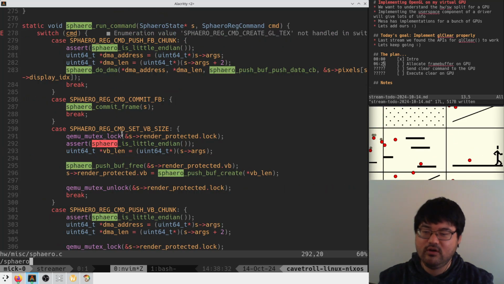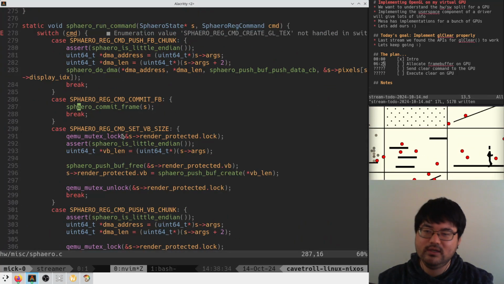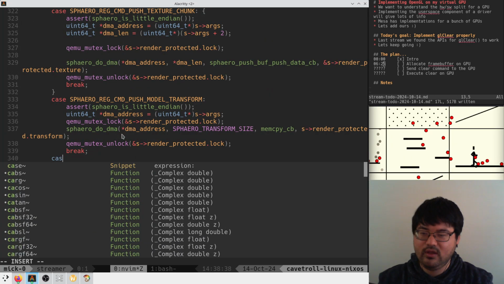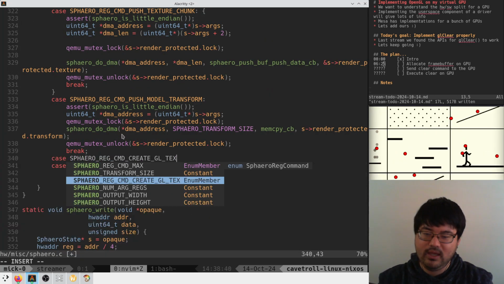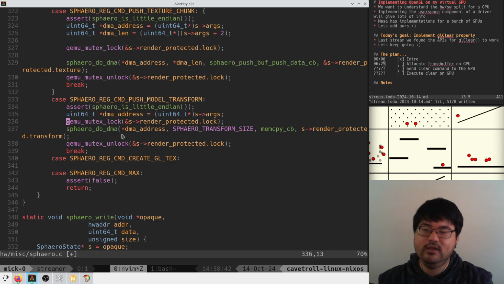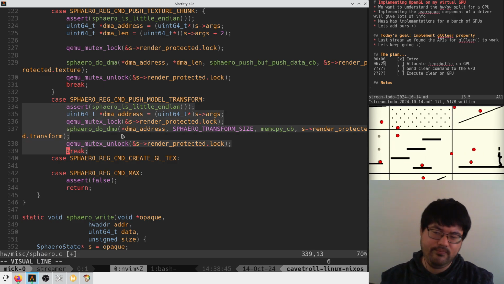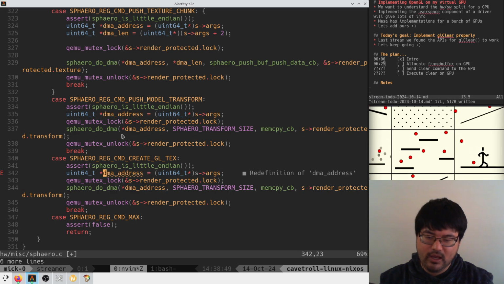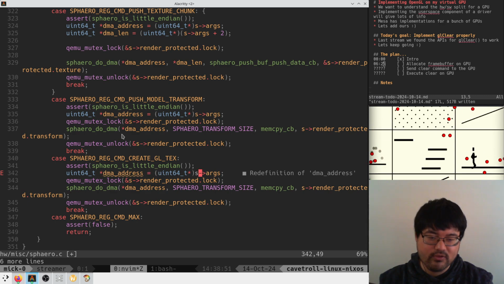So now we have this sphero run command here, and he's just going to say that he has sphero reg command create GL text, and he's going to probably assert some sort of mutex protect on graphics memory, probably, and he's going to pull the address of this thing out of the arguments,